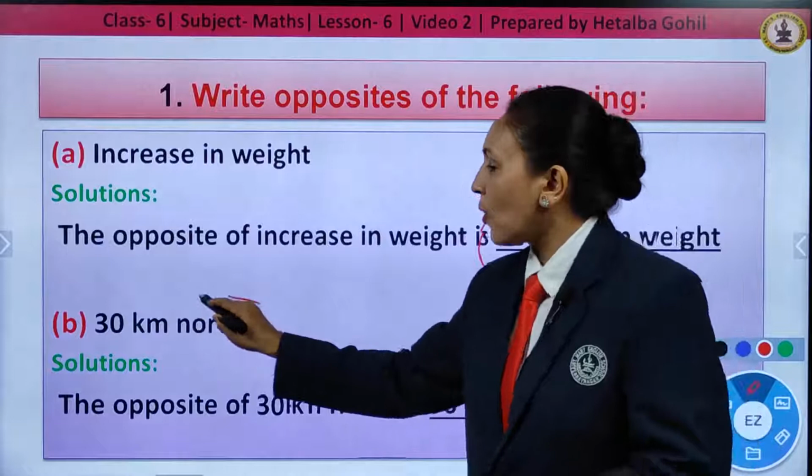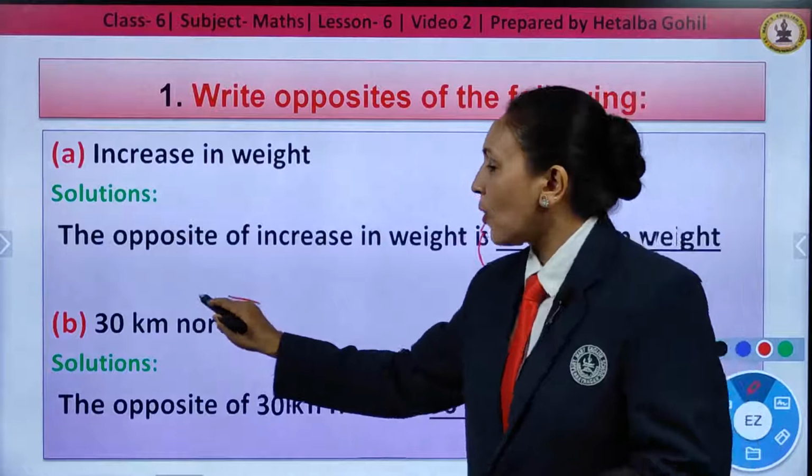So you can see the number line I have drawn here. From 0, on the left side are the negative integers, and here the positive integers, right? So plus 5 will be on the right side from the 0. So let us move to the 0. From there 5 steps, 1, 2, 3, 4 and 5. You can see I have circled where the 5 lies. So here you can see number 5 on the number line.